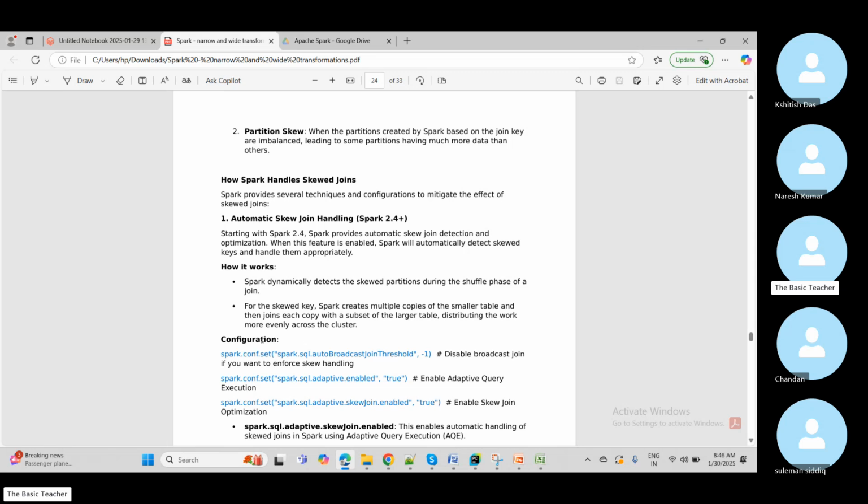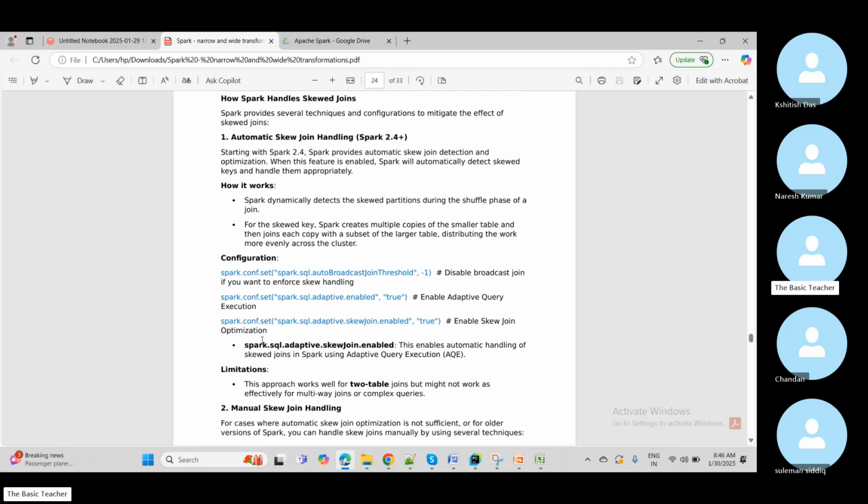Then the configuration you can enable with spark.conf.set. You have to set spark.sql.autoBroadcastJoinThreshold to -1. That disables broadcast join if you want to enforce skew handling. And this one, spark.sql.adaptive.enabled, enables adaptive query execution, the optimization available with Spark. You are going to make it true. And spark.sql.adaptive.skewJoin.enabled enables skew join optimization. So if you are enabling all these things, then Spark will be good to take care of it,